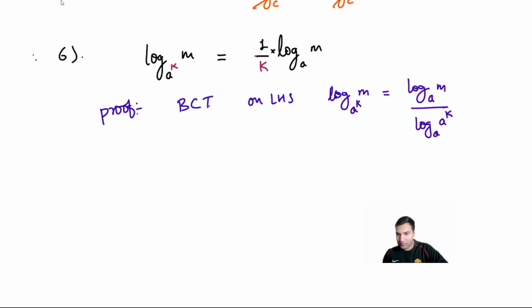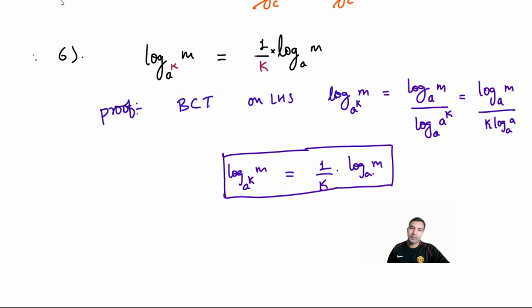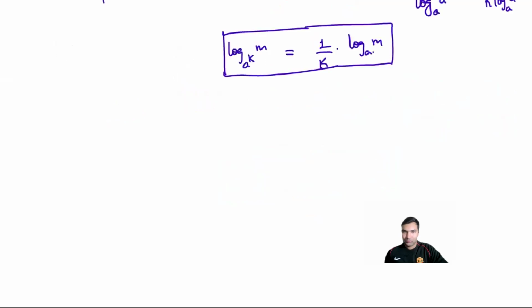Now, just now we have seen that log of m to the base a remains as it is, whenever we have a to some power. So k will come outside of it, and this becomes log of a to the base a. Now, what is log of a to the base a? Isn't it equal to 1? So what do we get? 1 over k times log of m to the base a. And hence we have proved it, right? I hope you got this result as well. So using the base change formula with the same base, I could do this. All right. Now, the last one,